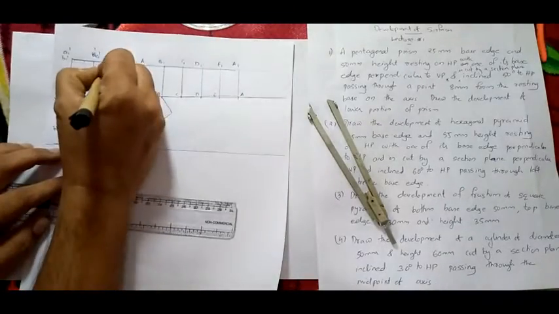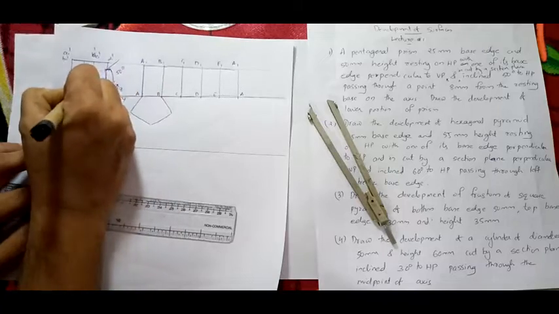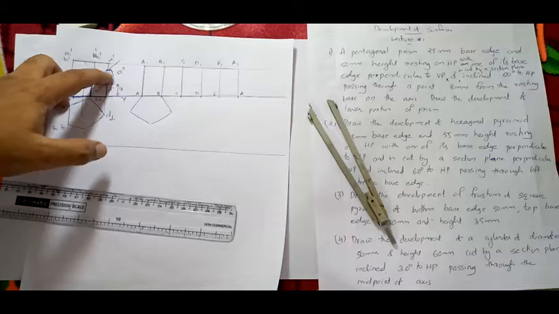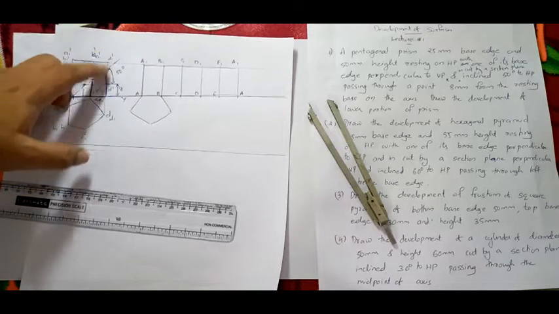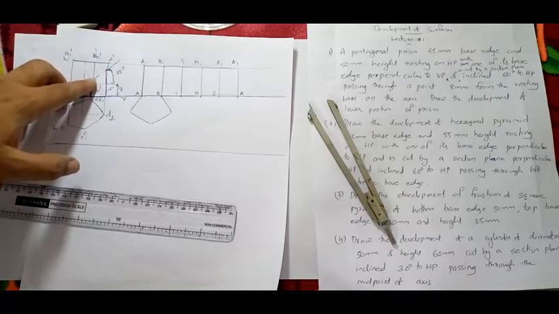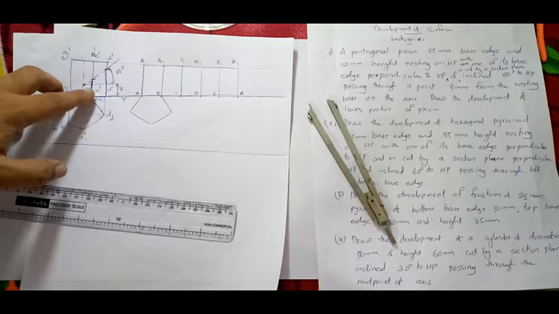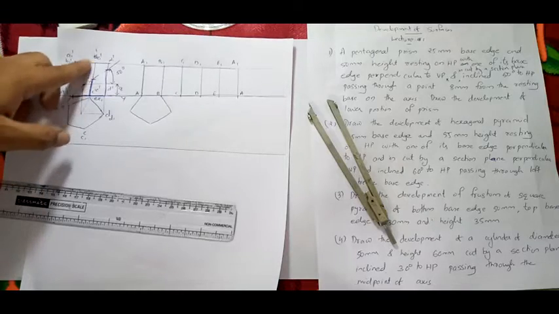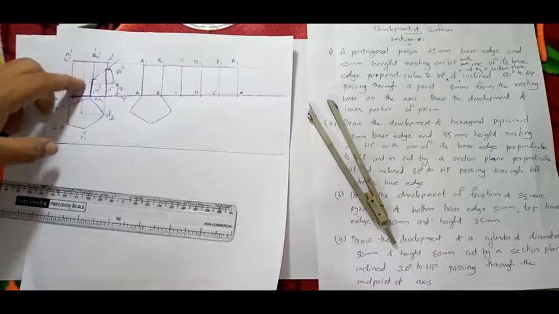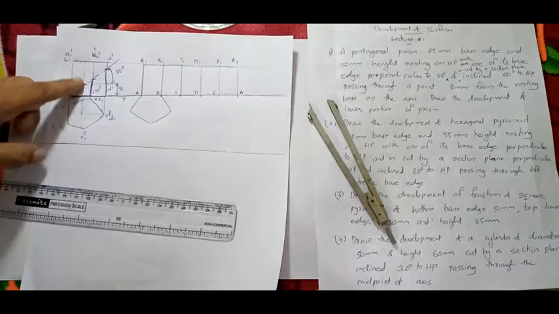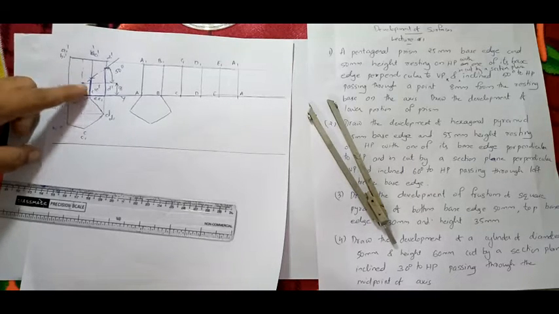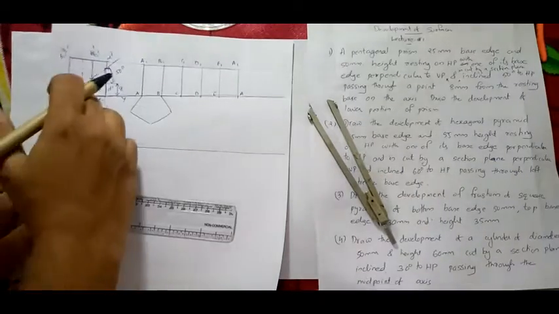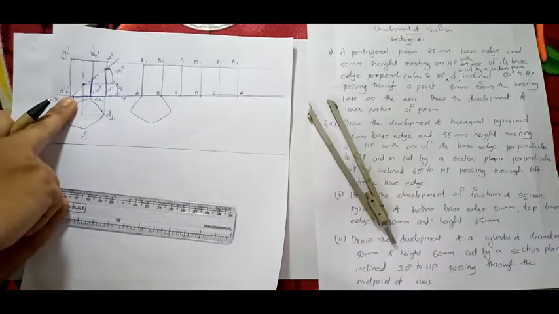See, here it is cutting at 1, 2, 3 points. It is cutting on 3 points. Here it is cutting on one face, that is D dash D1 dash. Here it is cutting on E1 and C1, right? It's cutting on 2 faces. Now never consider the axis. I already told you the axis is an imaginary line. There is no cutting point like this. Never. So you need not take this axis. And this one is your base, so it is cutting on the base.